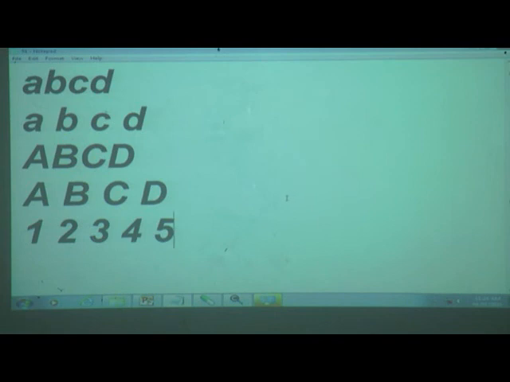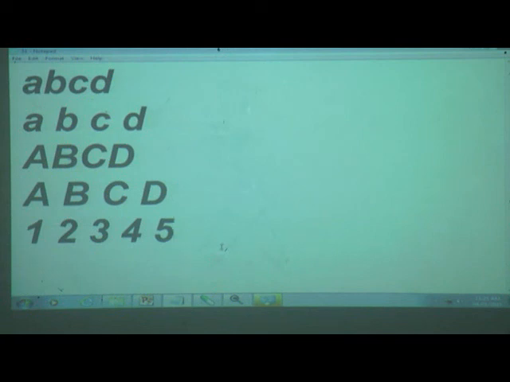I gave 51. Then you can see this 51 is on the title bar. This 51 is on the title bar. You can see title bar.